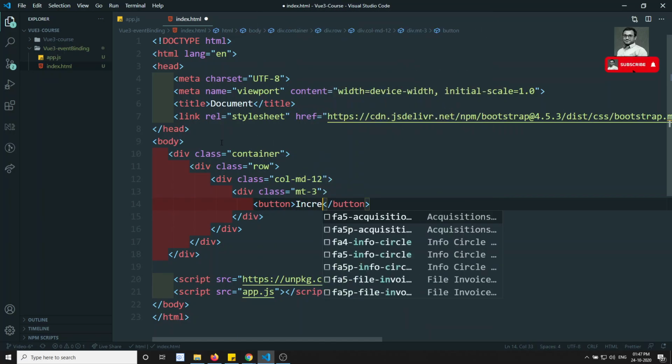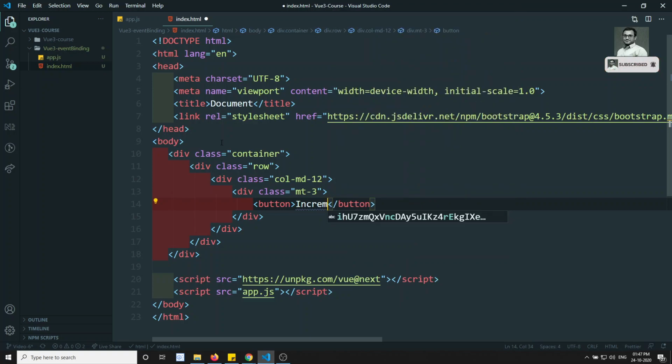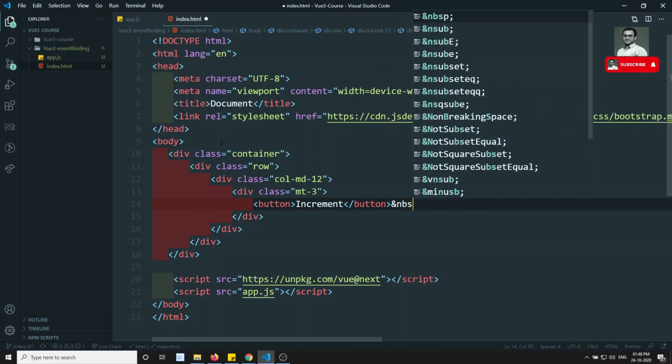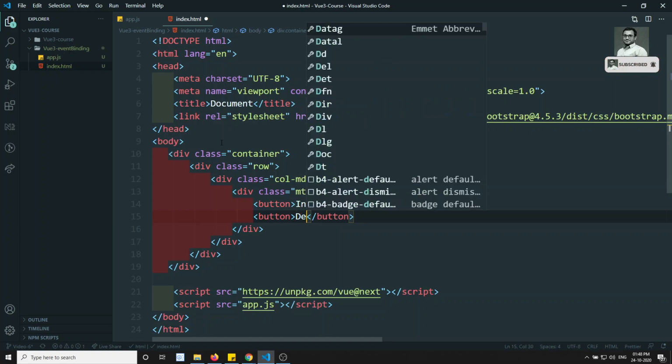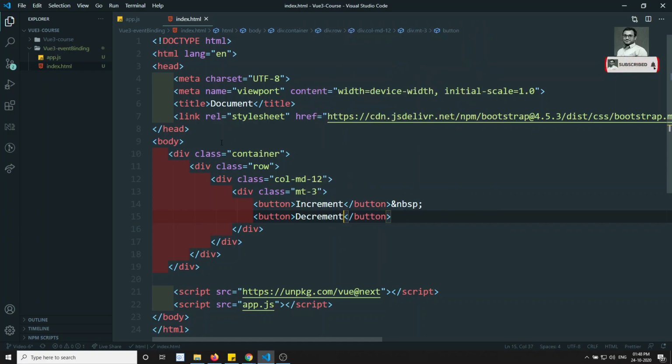I will create one button with increment, and I will give some gap using ampersand nbsp, which gives one letter gap. And now here, decrement. So these are the two buttons which I am having, increment and decrement.